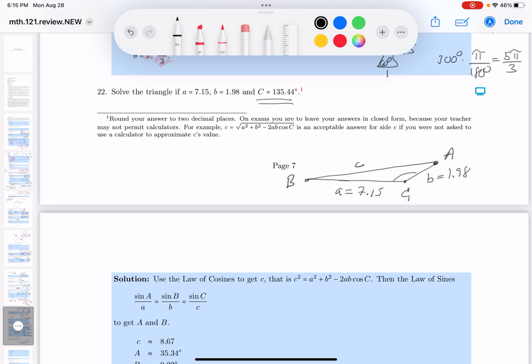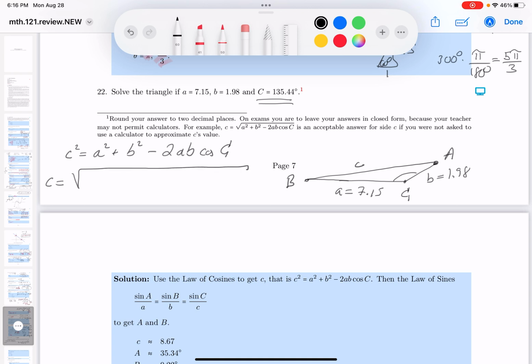All right? So I'd write down C squared. And again, this is an exam question. This is what I'd be writing down. A squared plus B squared minus 2AB cosine of C. All right? I'm going to keep going forward on it, and I'm going to write down C now. C will equal the square root